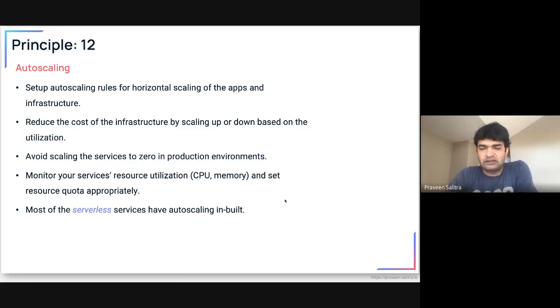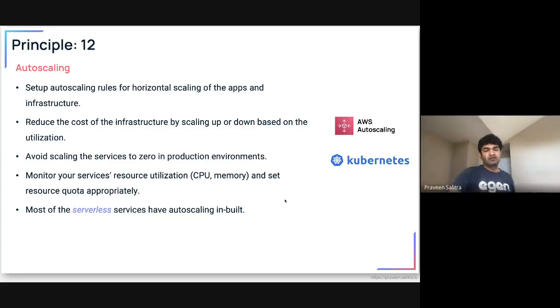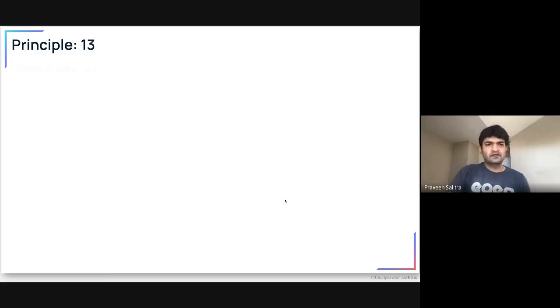Most of the serverless services, if you use them, they have auto scaling inbuilt. Lambda can scale to 1 million or whatever the higher limit that you put out there. Containers can scale easily if they are on Fargate and things like that. So pretty easy. And then of course, auto scaling is one specific group of services in AWS, but there are similar concepts available from all other cloud providers as well. And then Kubernetes provides a way to automatically scale the number of pods, number of containers when the CPU or memory increases. So pretty interesting concepts there as well.